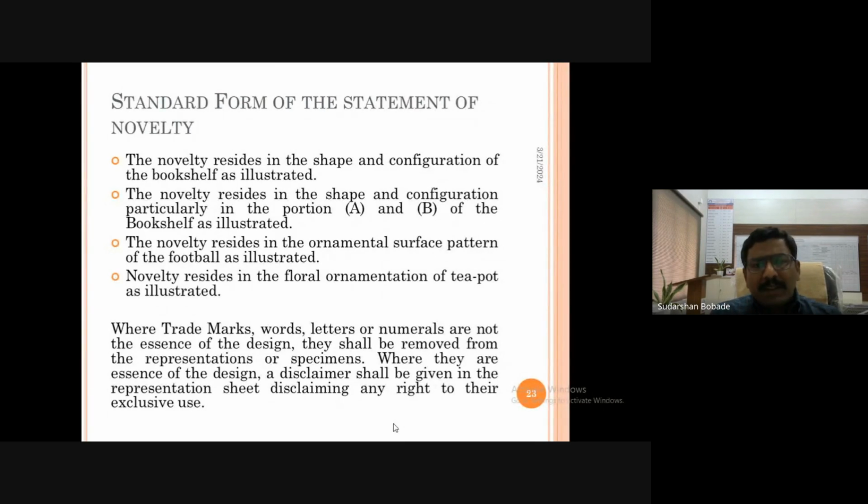Whenever there are trademarks, words, letters, or numerals that are not the essence of the design, we have to mention them in terms of the disclaimer. So they shall be removed first of all. And whenever something is the heart of that particular design,